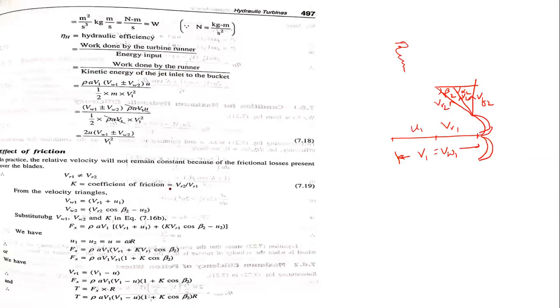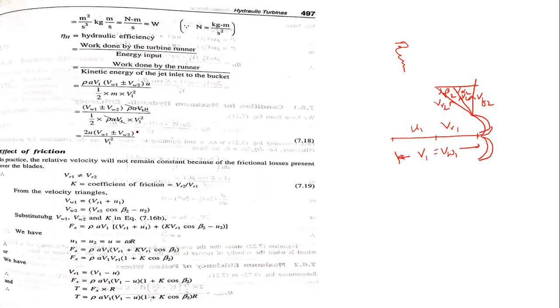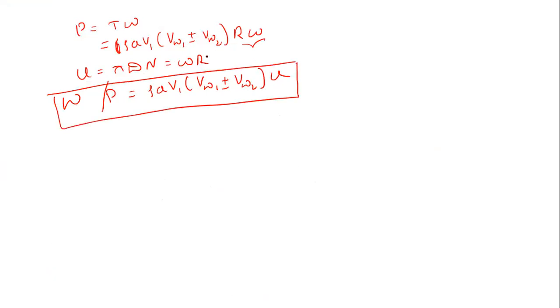Okay. So this is nothing but your power, or the work done expression. This is important. They will ask you for the power or work done expression. First you should say why U is equal to pi dN. How can we get this U is equal to pi dN? That is the first thing here. And how can we convert pi dN into omega into R? These are the two things here.